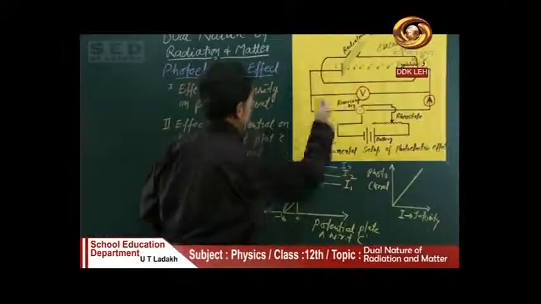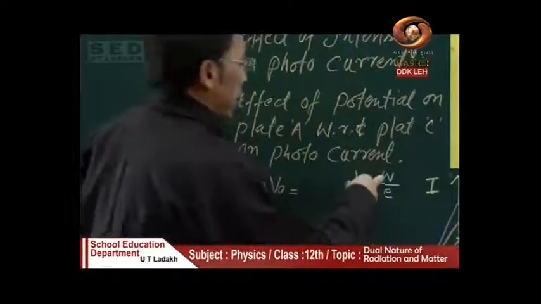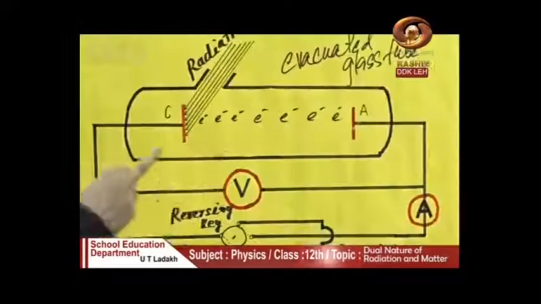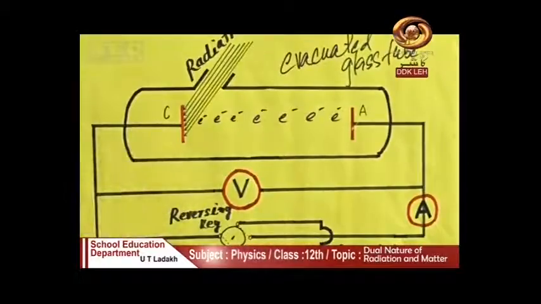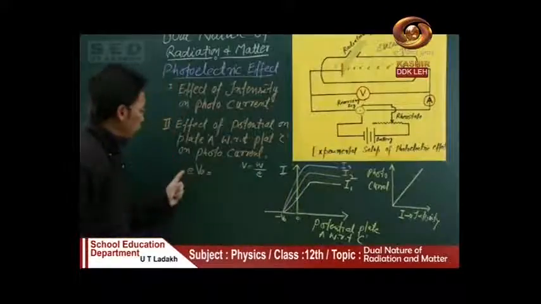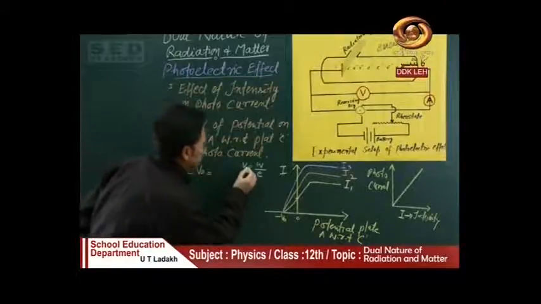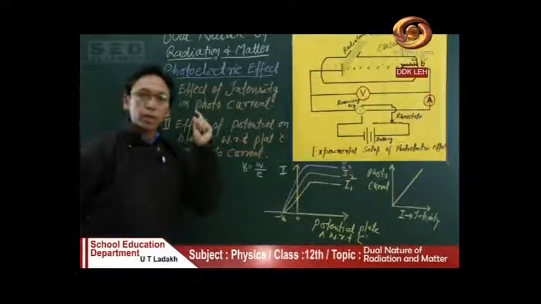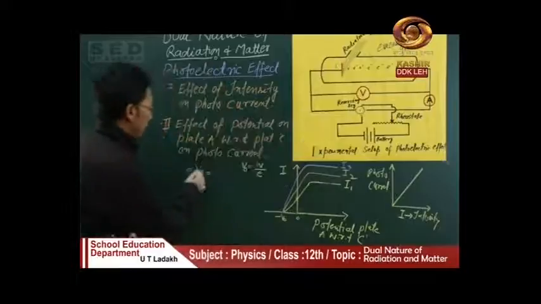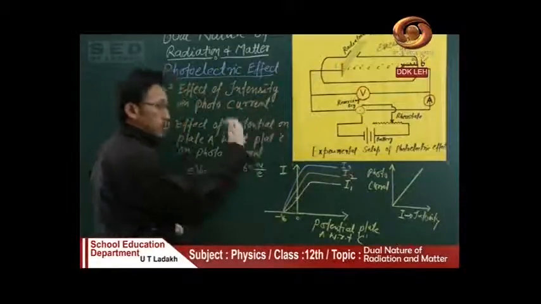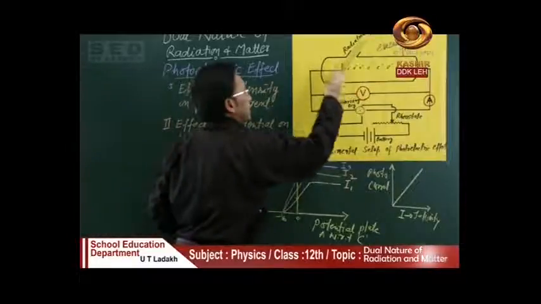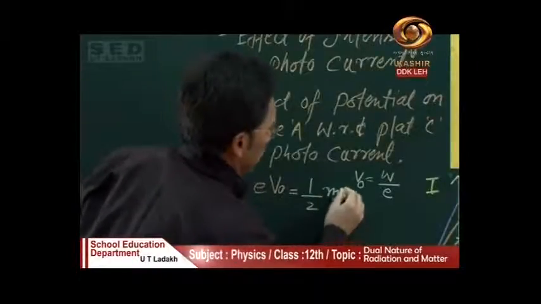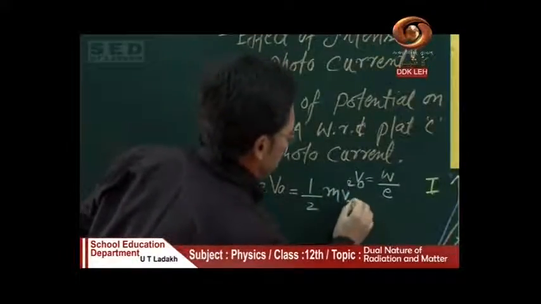What is the charge in this case? That is the electron. So the work done upon the charge can be written as V, that is the potential given to the plate A with respect to the cathode, times the charge of an electron. In this case the potential is V0, so you get eV0. This much work we are doing on this electron. So this is equal to the kinetic energy with which electrons are emitted out of this plate C. That will be equal to 1/2 mv², the maximum kinetic energy.